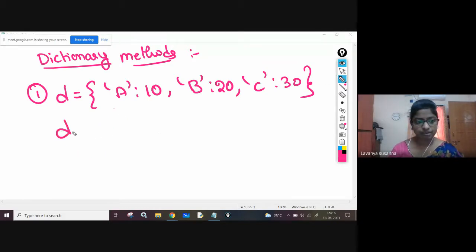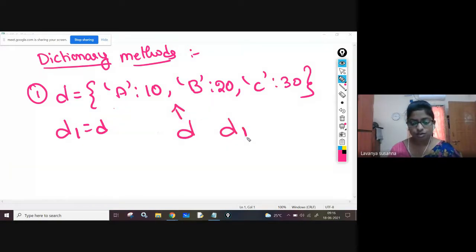D1 equal to D means D is pointing to the same memory location, and D1 is also pointing to the same memory location, because you are assigning D1 equal to D. A separate memory location will not be allocated for D1. D1 is pointing to this object only, A 10, B 20, C 30. D is also pointing to this object only.